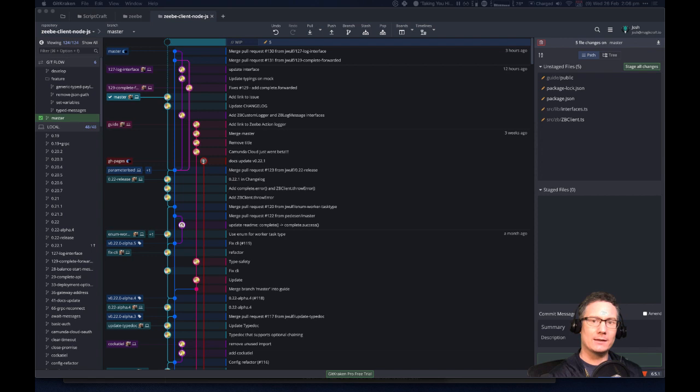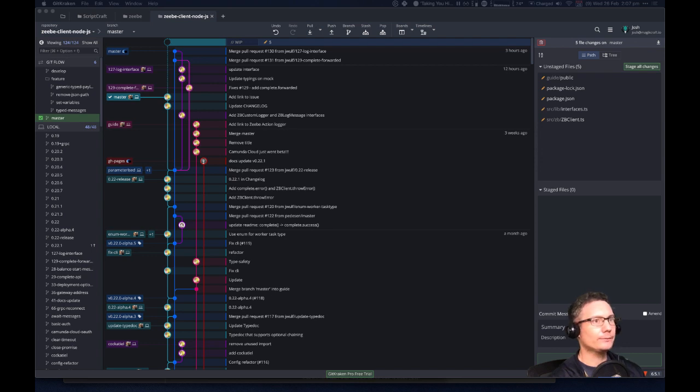Now, the last time I compared the two was when I first encountered Zeebe. I was working at CreditSense, and we were evaluating different options. We evaluated Zeebe, we evaluated Conductor, but that was well over a year ago, maybe a year and a half to 2 years ago. So things have moved on since then. Let's check it out and see what's happening in the world of Conductor today.